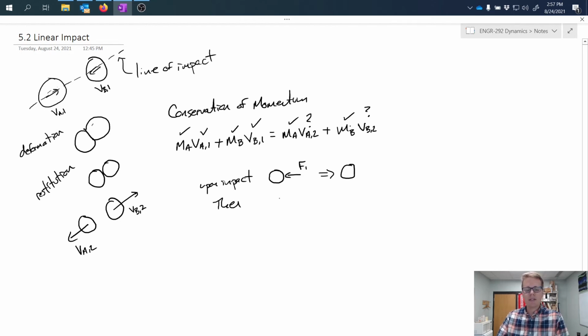What happens next? The ball undergoes restitution, where the two balls are pushing each other apart such that they will fly away from each other in the opposite direction. So in that condition, again, if I zoom in on one of the balls and treat it as a free body diagram, this ball is now applying a force outward on the other ball and pushing it away. As a result of that force, it is regaining its original shape, returning to its original round shape. And that's the restitution